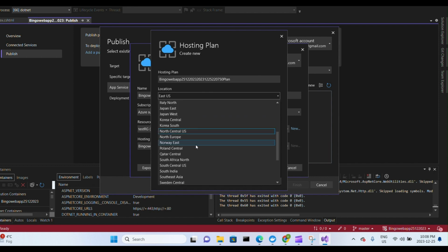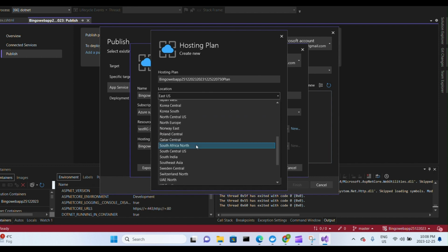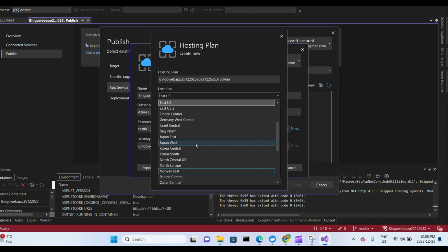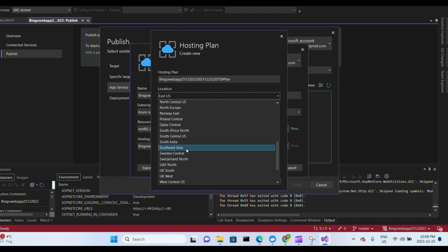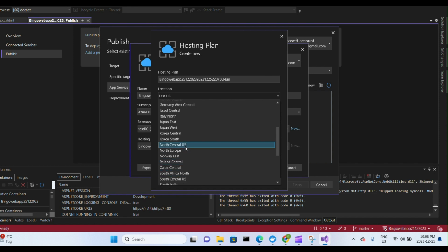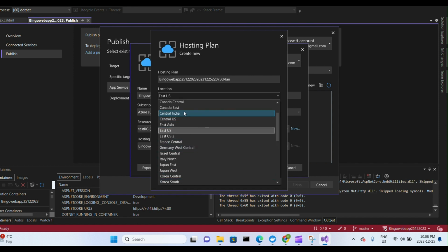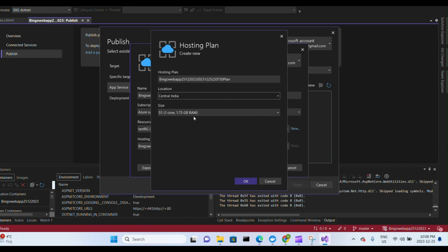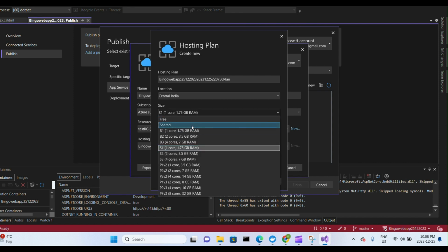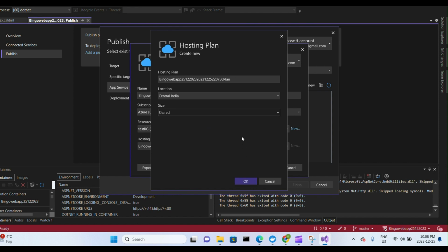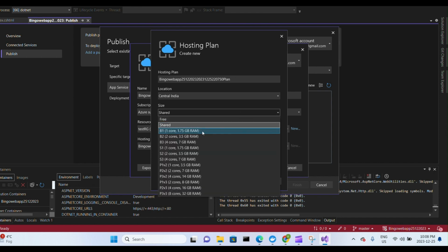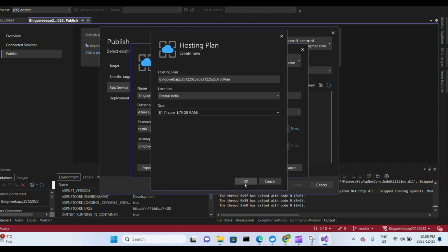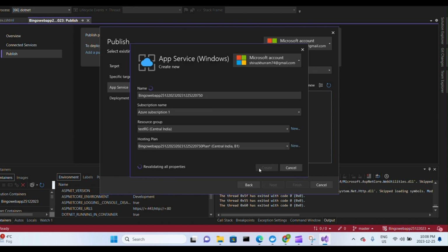So Central India is, let's check for the Central India region. And yeah, here you go, Central India region. And basically I will go with the shared one, which is the cheapest option. I mean, you can go with the dedicated core as well if you want. So let's go for dedicated core B1 and let's create this application. So now we are creating a web app application in our account,